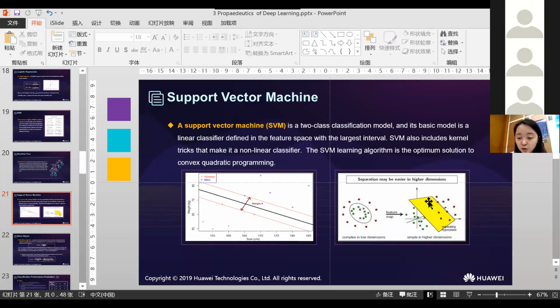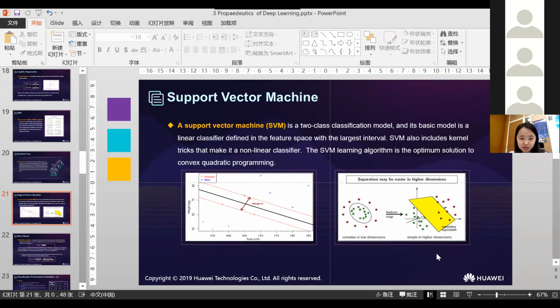Then we can use a hyperplane, which is a linear boundary in three dimensions, to separate these 2 classes. So that is the kernel trick for